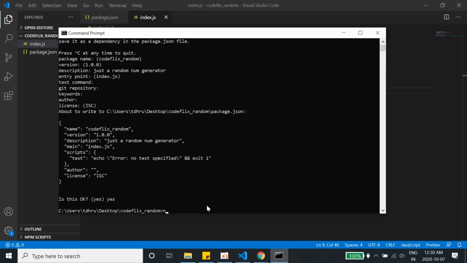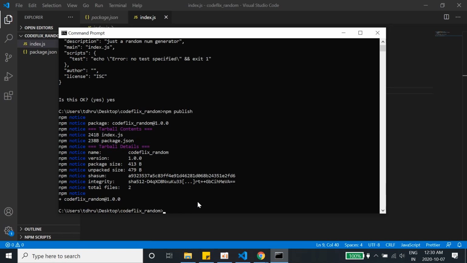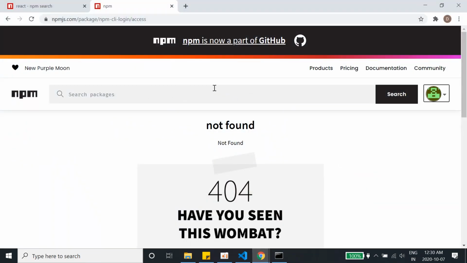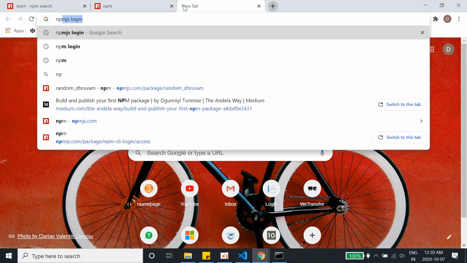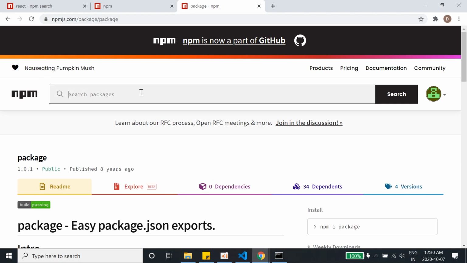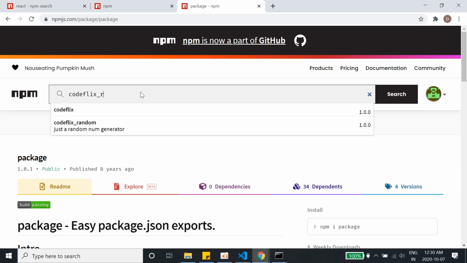Just go here, write npm publish, hit enter, and it'll take some seconds or some minutes. Oh yeah, it's done. So the package codeflix_random is published. I'll go to npmjs.com and search for the package here. The name of the package was codeflix_random.